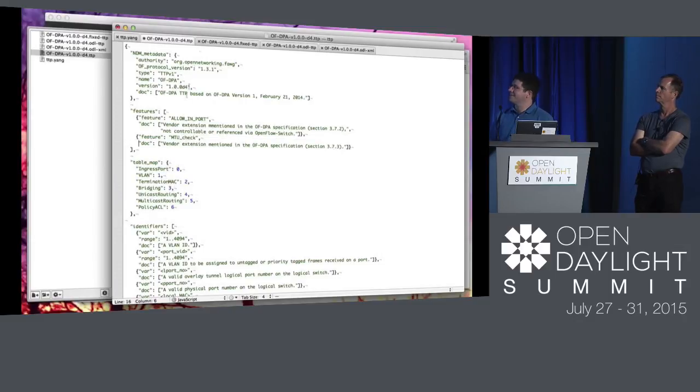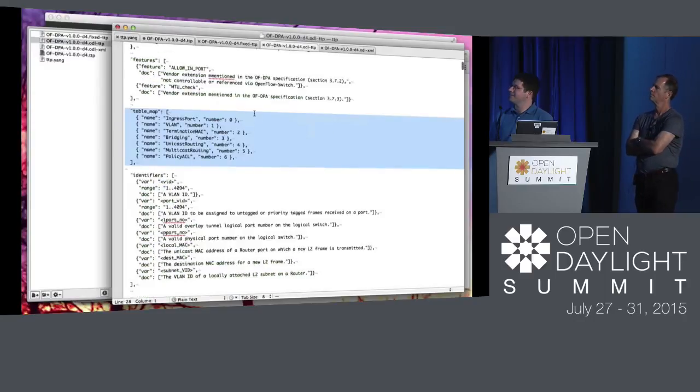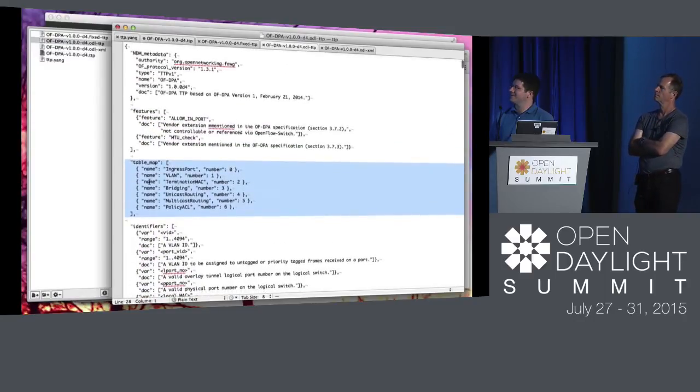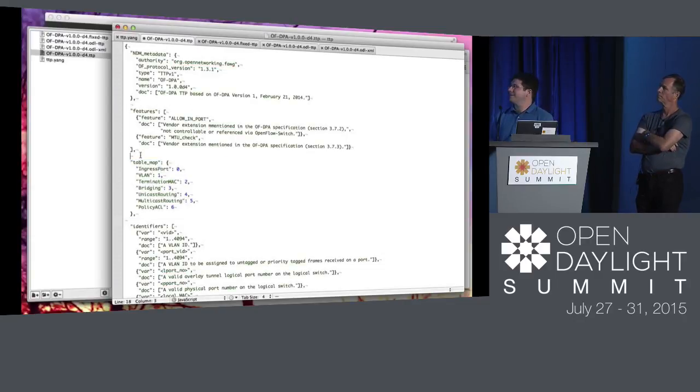A second thing which I know that the Yang doesn't support well is that table maps in the OpenDaylight Yang look something like this, where there's a name and a number in a JavaScript object as a list instead of a single object that maps the names to the numbers. It's not quite as pretty, but it works. And so I'm just going to replace that. And with those two modifications, I'm going to show you how it is that we can start to get this